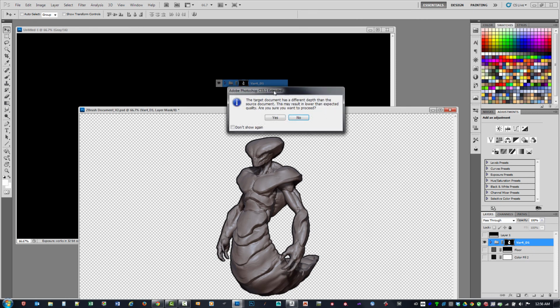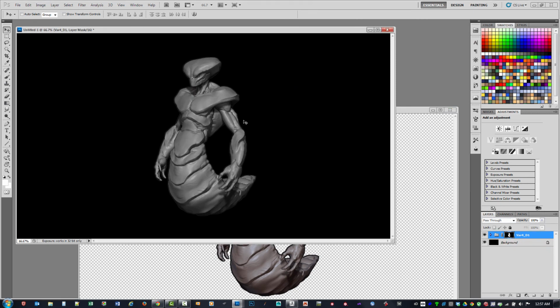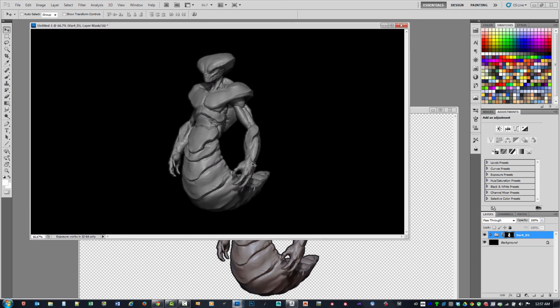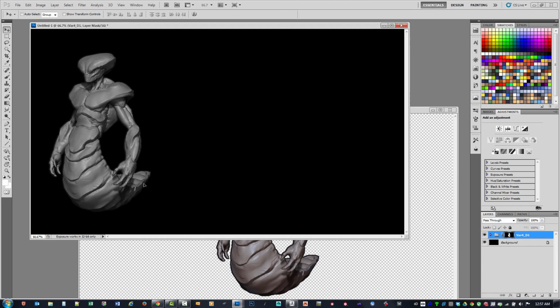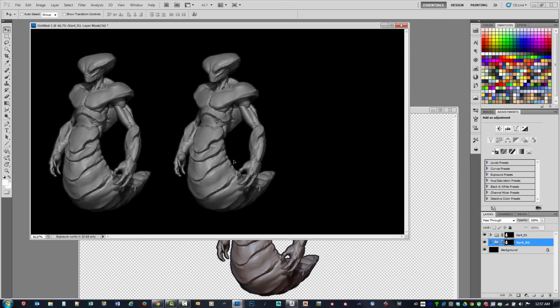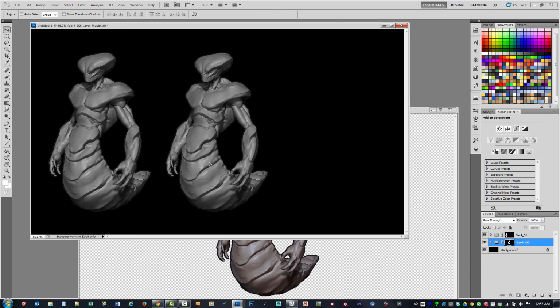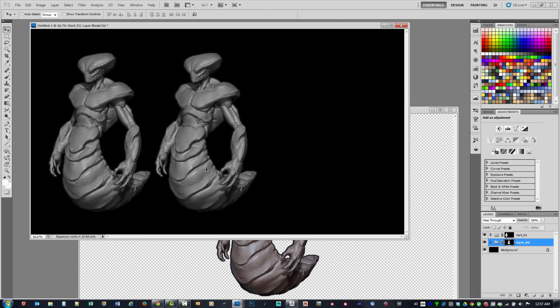Because I'm pasting into a document that's the same size, it's just going to snap in the center there. So now here's my guy in a new document, right? And so after we get done, we'll have multiple versions of this thing, and they'll just have to be spaced out correctly so there's enough room around everybody,